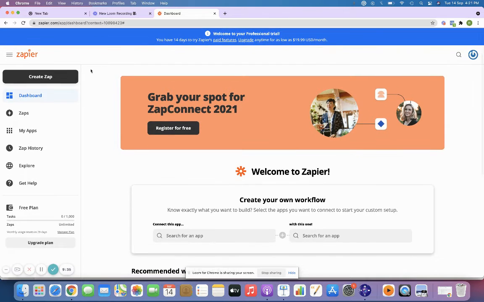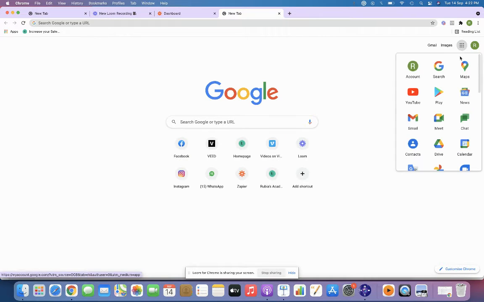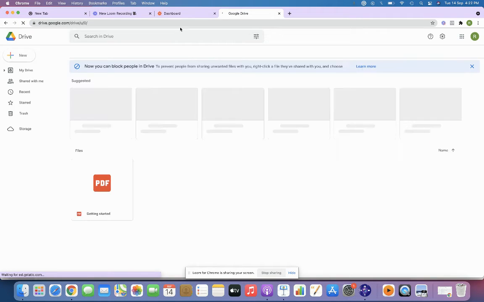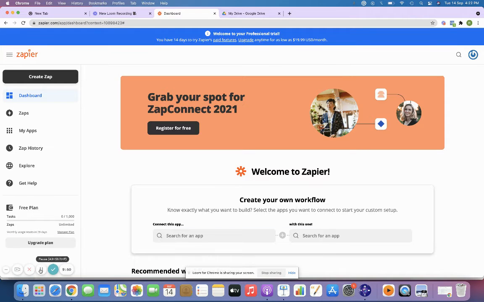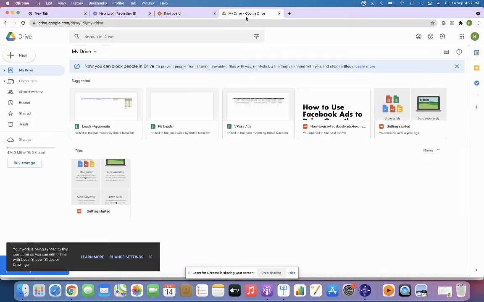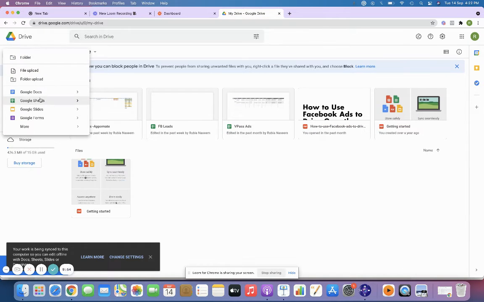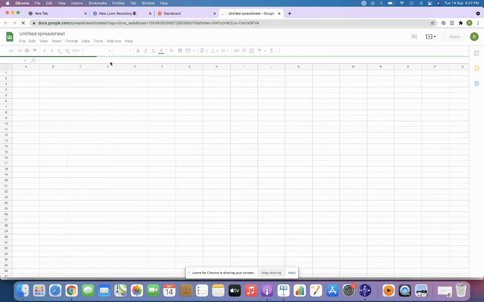So before creating the zap, we need to create an Excel sheet. I'm just going to Google Sheets, going to Drive, and creating a new Google Sheet.